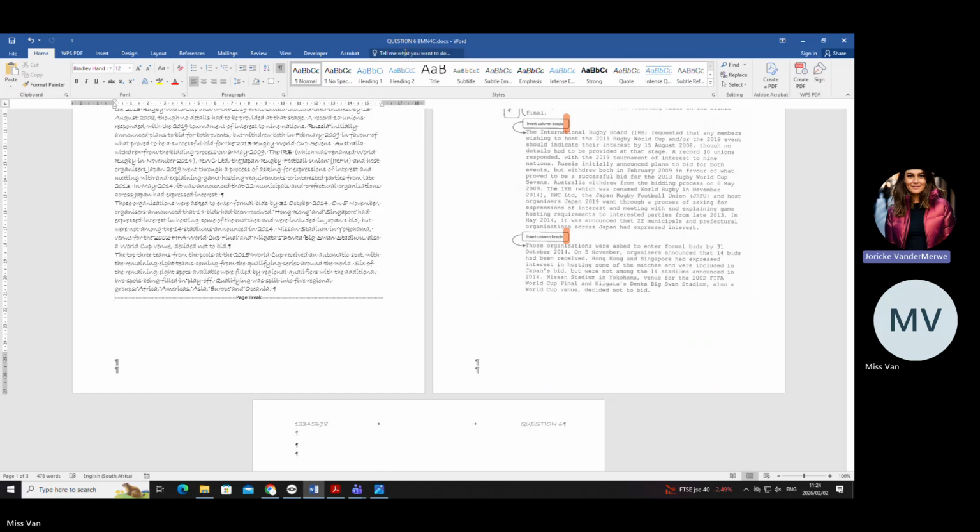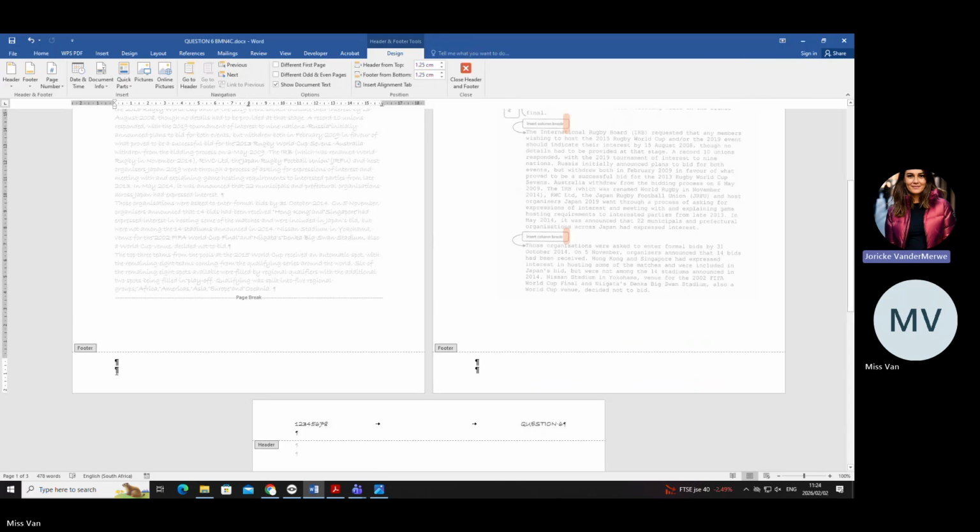Look at that light bulb there. Keep your eye there and look at what's going to happen. The moment I double click in the footer, or in the header, can you see there's a little toolbox that came up? Did you see that? Okay. Now can you see there's page numbers?